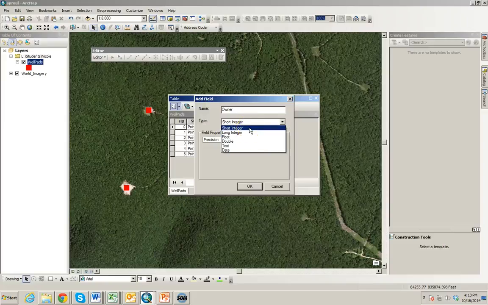Short integer is a whole number anywhere between negative 32,000 and positive 32,000. Long integer is anything outside of that range. Float allows for 7 places after the decimal point. Double allows for 14. So these two top ones are whole numbers. So those are best used for things like population, because you don't have half of people or a percentage of a person, or like a zip code is always going to be an integer. Float and double are good for things that aren't always whole numbers, things like acreage, square miles, things of that